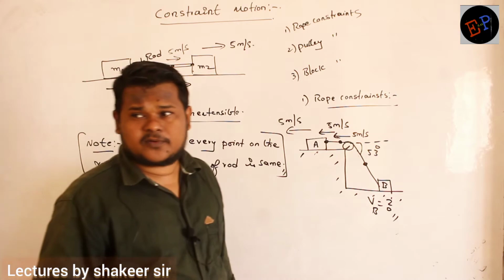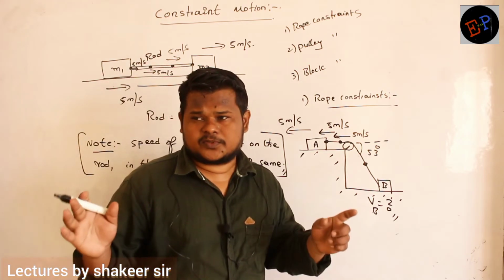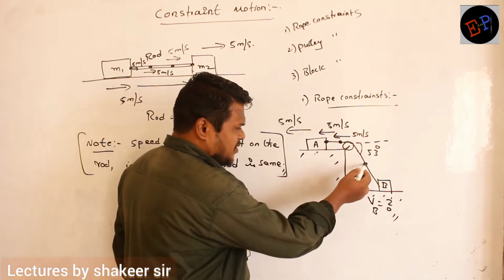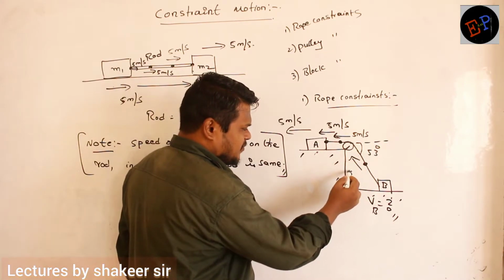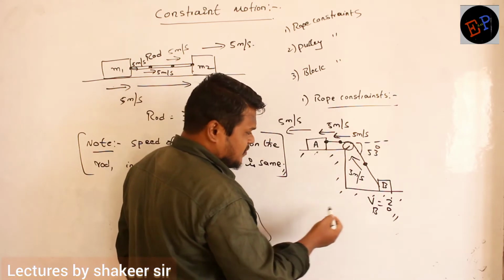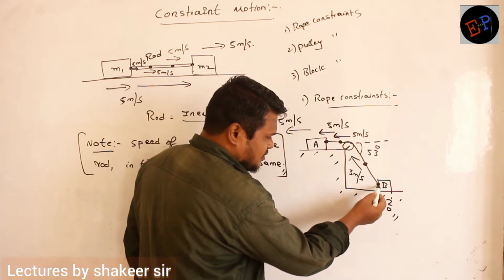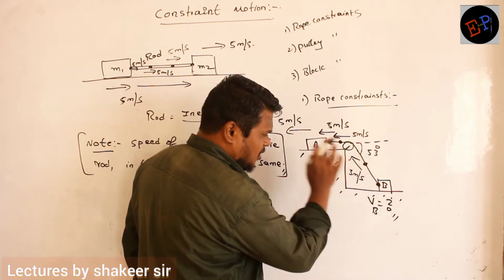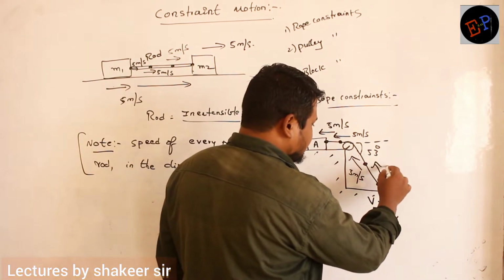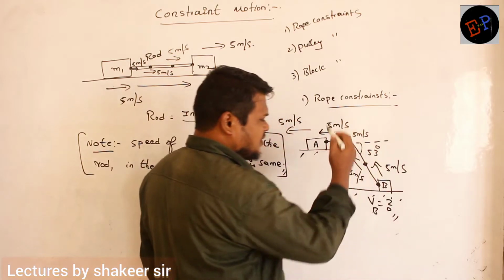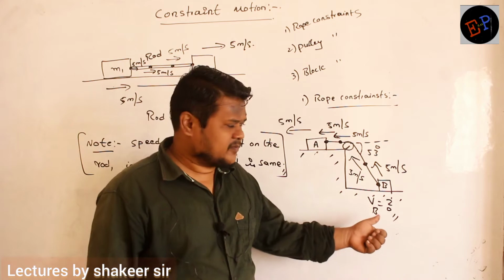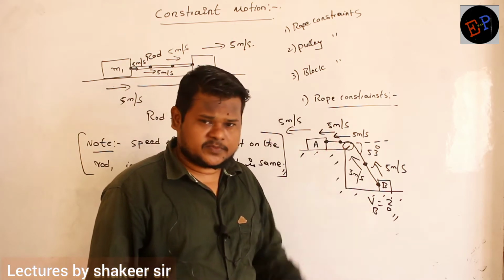And what kind of rope is it? Inextensible rope. So every point must have the same speed. That's all, no? So the speed of this point is also how much? 5 meters per second, again in the direction of the rope. Clear? But if you take the speed of the point which is connected to the rope and the block, that point's speed will also be 5 meters per second only, again in the direction of the rope, because that point is also present on the rope only. So every point on the rope should have the same speed.